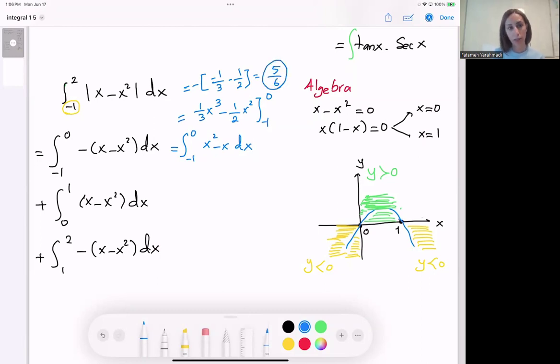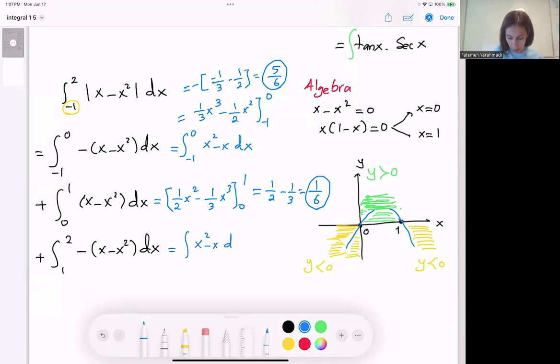This is one calculation, one piece calculation, which is this piece, -1 to 0. Then you have 0 to 1. For 0 to 1, the calculation is a half x squared minus a third x cubed between 0 to 1. Again, if you plug in 0, everything disappears. You only need 1. So you have a half minus a third, which is 1/6. And finally, the last piece is this piece here, which is the integral of x squared minus x dx